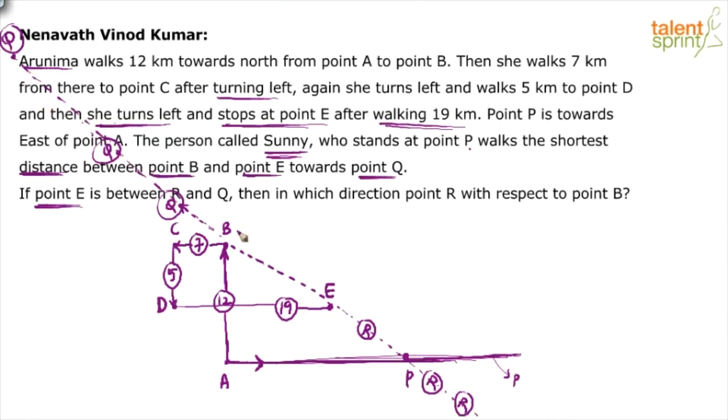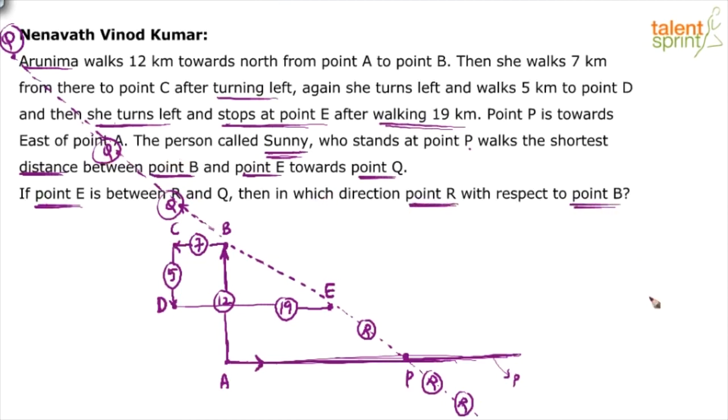Between R and Q means all these three points are collinear. Q, E, R should be on the same straight line. Q is towards the northwest side of point E, so R should obviously be in the southeast direction of point E. Right? So if you read it, point E is between R and Q, then in which direction is point R